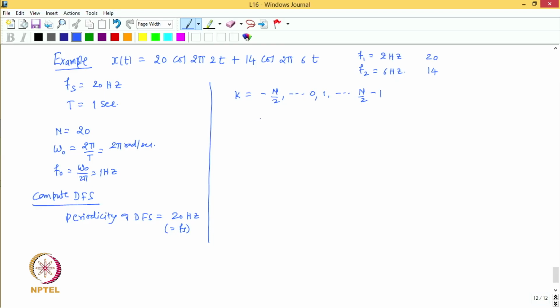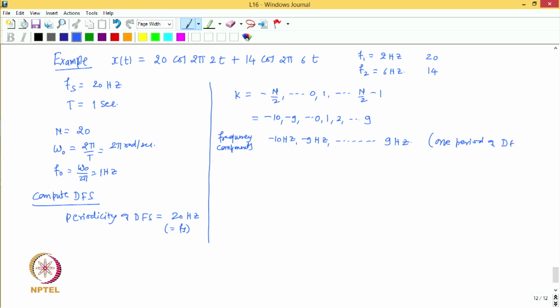Since N is 20, we are going to compute from minus 10, minus 9, up to 0, 1, 2, up to 9. The corresponding frequencies would be minus 10 hertz, minus 9 hertz, going up to 9 hertz. So that is one period